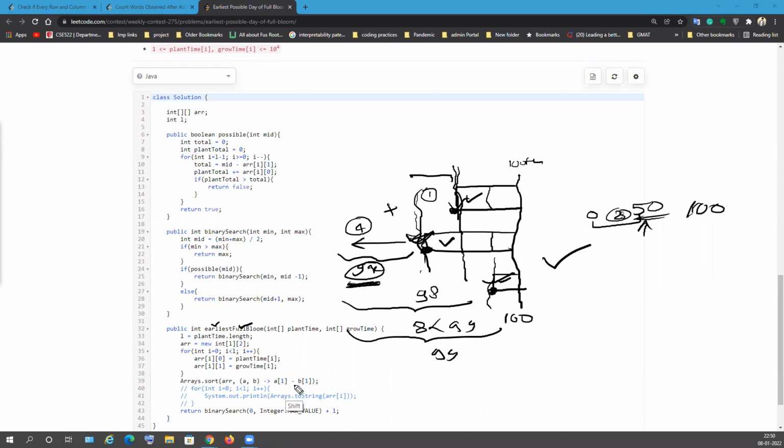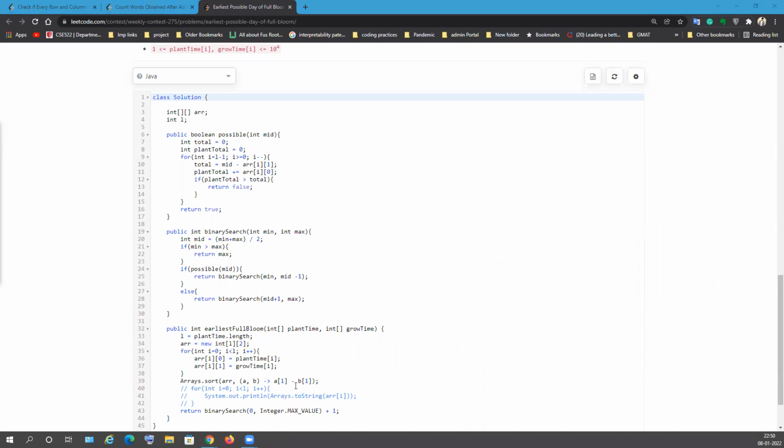After sorting it, I called the binary search with integer maximum, which is the maximum possible answer, and 0. And then this is the binary search which I used. I take mid as min plus max by 2. This is the binary search basic condition. If it goes this way, then actually I have to return min here. I should return min here, but I added 1, so it compensated our answer.